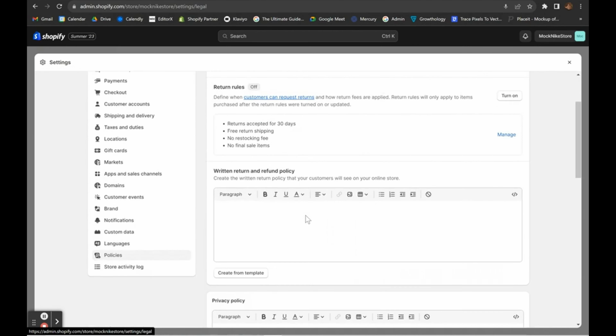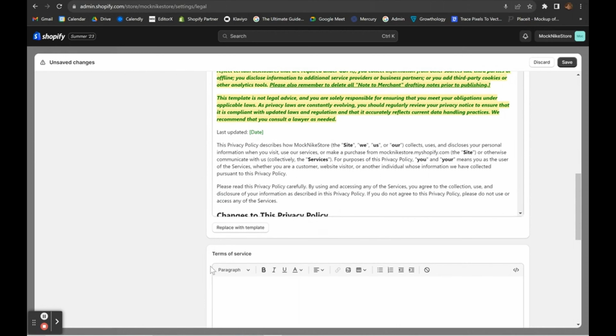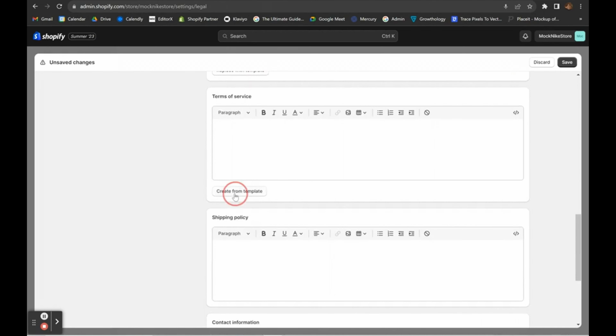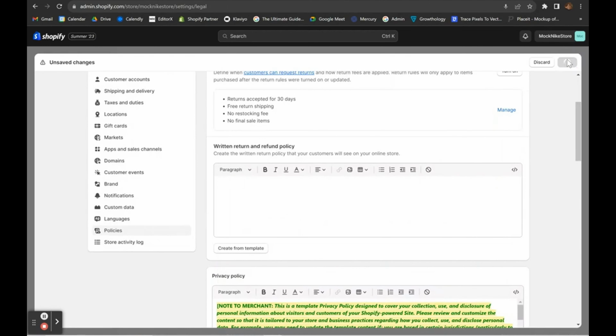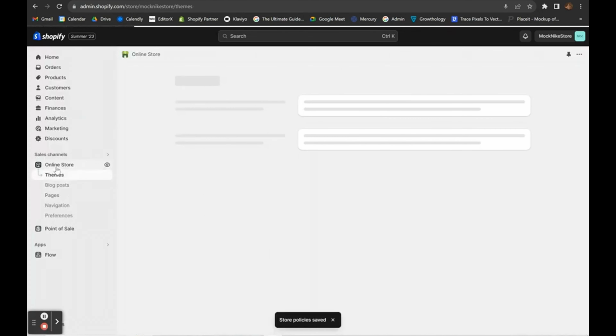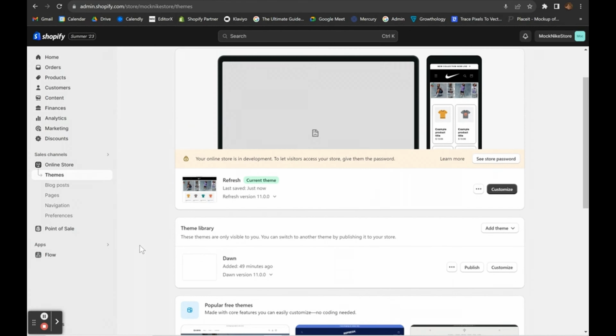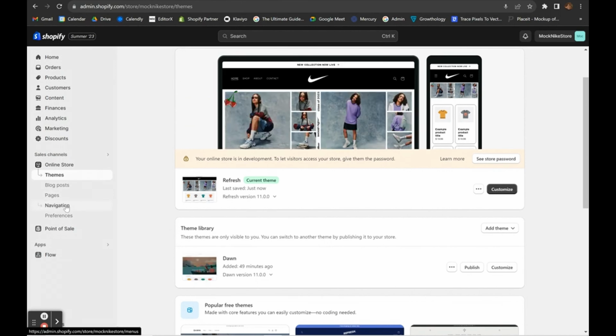I go over this more in depth, so right now I'm just going to generate these just like that, just to show you guys what it looks like. But in a later section, you'll see exactly how to build out your policies and what to do with that. So let's say you didn't